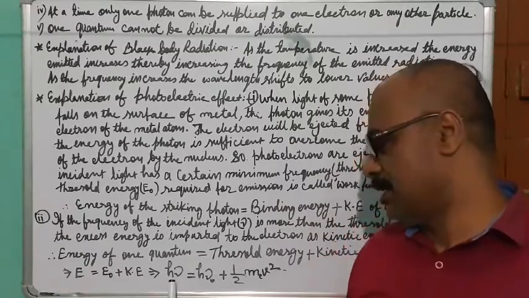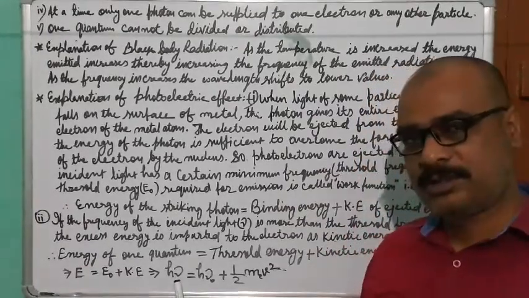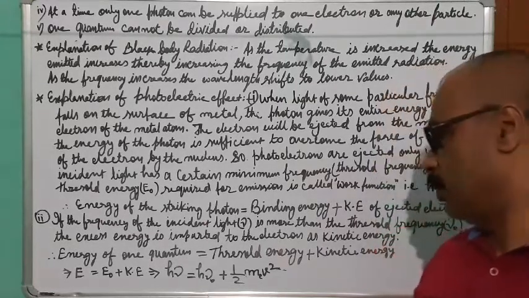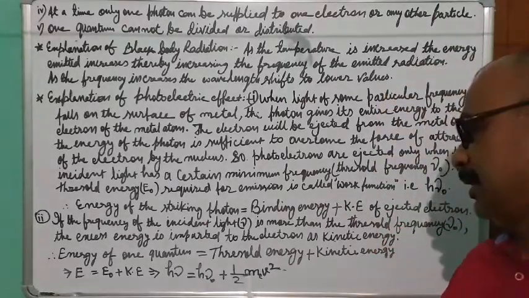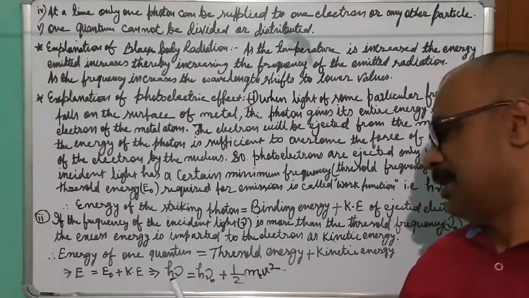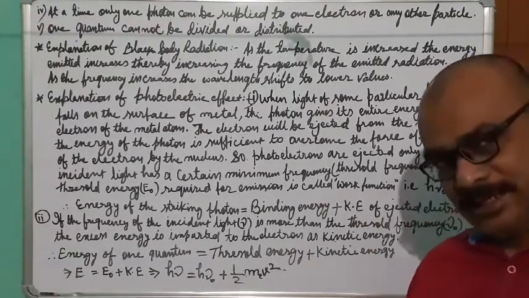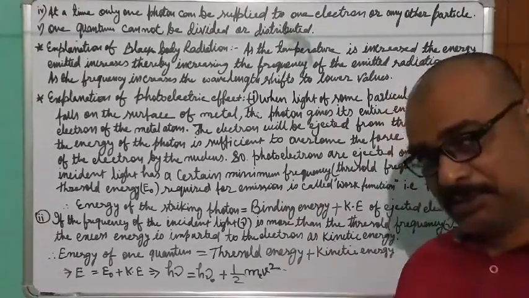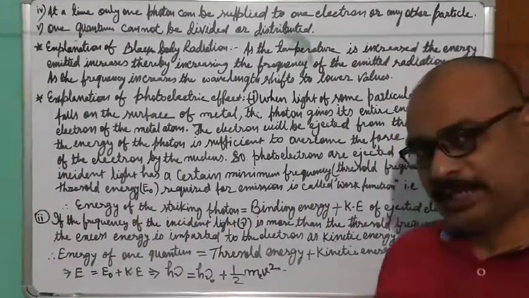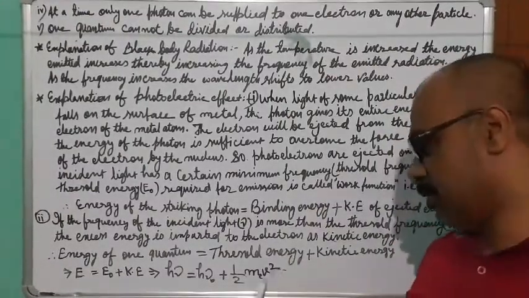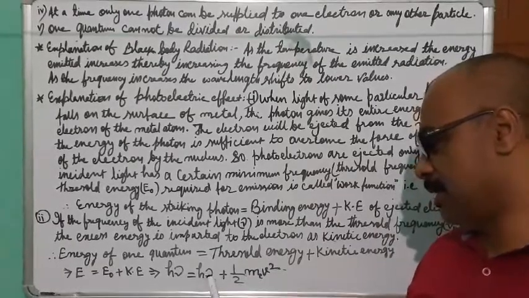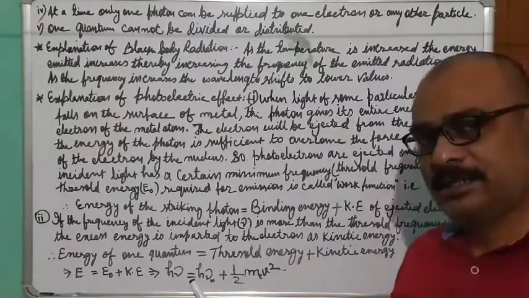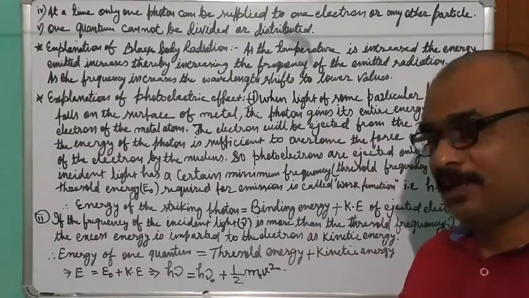So this is the energy of the photon, and this energy of the photon must be equal to the threshold energy plus kinetic energy. If it contains these two energies together, then the electron will move. If it contains only h nu naught, then the electron will go to the surface and there will be no movement of the electron. But if h nu is equal to h nu naught plus half m v square, then this will work, and that is why this is called work function.